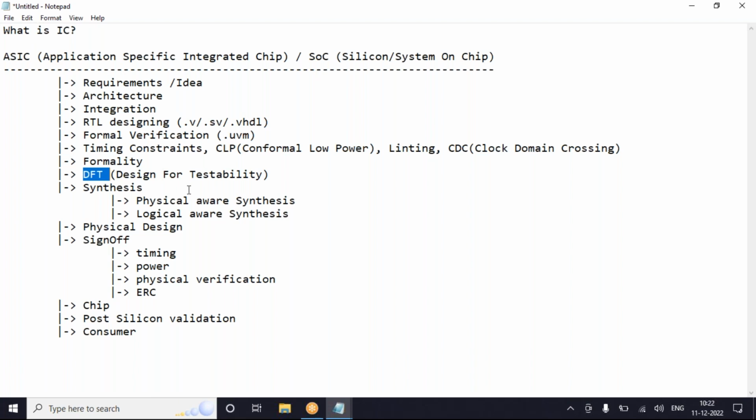There will be parallel working. The DFT team might be working prior to your synthesis, or parallelly with the synthesis, or after the synthesis as well. That means the first iteration of the synthesis will not be with respect to the DFT. From the second iteration, you will be using the DFT. That's why I said before, after, or with. It can be in any stage. That's not wrong.